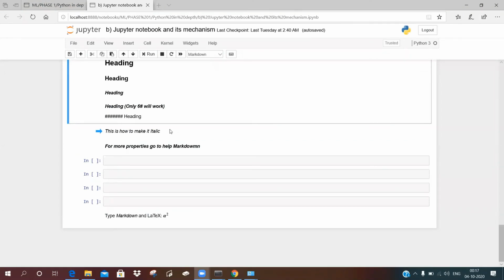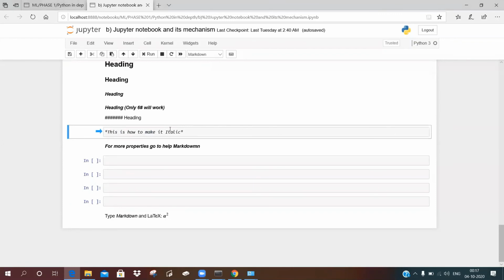Now, if you want to make your statement italic, you can just put an asterisk at the beginning and at the end of the statement. If you want to have a combination of bold and italic, add 2 asterisks at the beginning and 2 at the end.